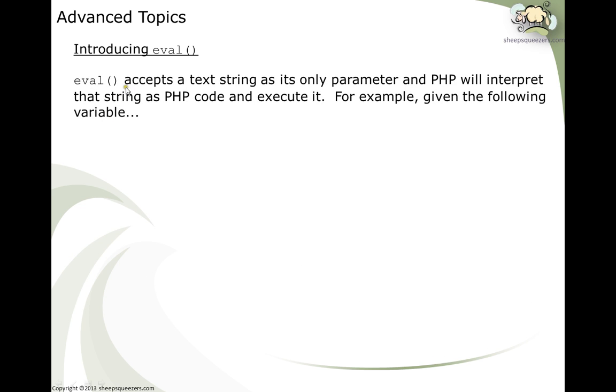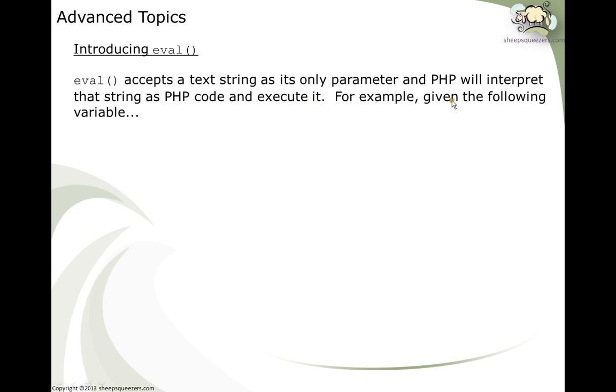So eval, even though it looks like a function, the PHP manual does not call it a function. It's kind of a construct, I believe they refer to it. So it's the eval construct. It looks like a function. It's not a function. They refer to it as a construct. So the eval construct accepts a text string as its only parameter, and PHP will interpret that string as PHP